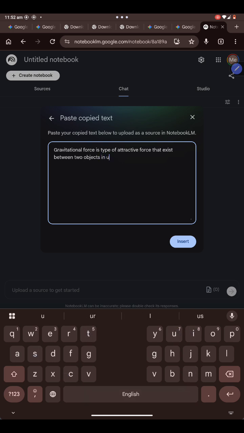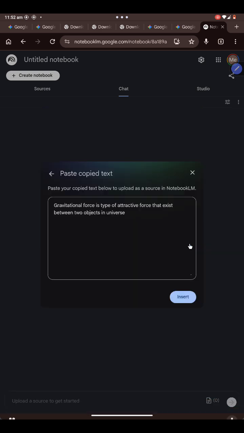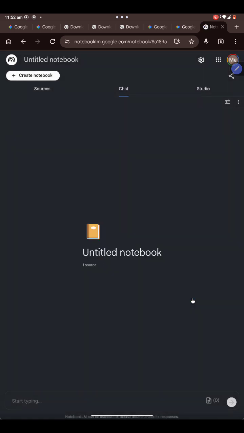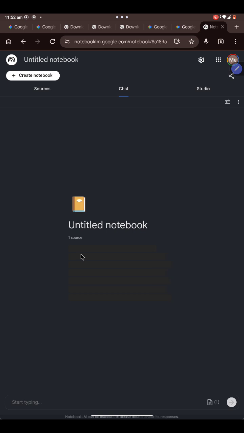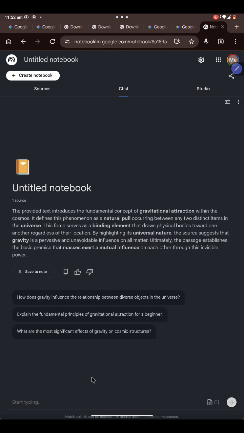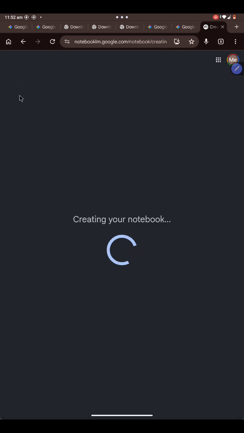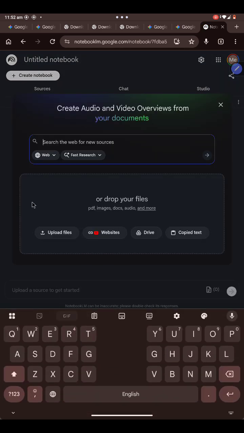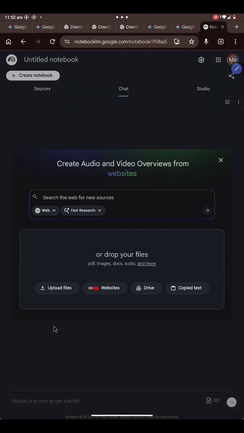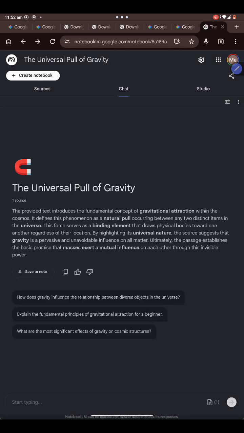So here I have given a brief idea of what we are going to discuss. So you can also type your topic. So you would create a notebook. Now I am leaving this notebook over here only. What we will do is go back to, we would go back here, and